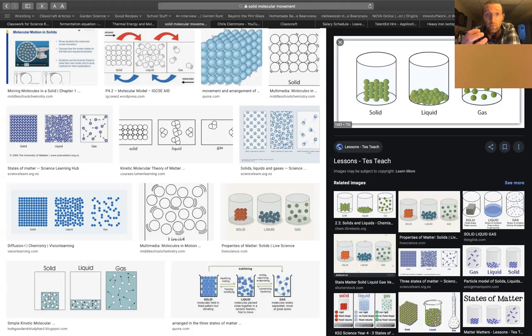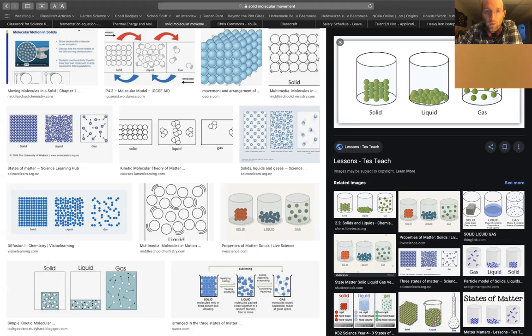They vibrate very quickly, but they also move very quickly in their environment. And if they're in a closed container, like a spray paint can, well, they're constantly bouncing off all the different sides, and they have so much energy that they're just bouncing off of each other as well. So maybe in a liquid, like I said, they kind of are attracted to each other. That's why water droplets will form, right? Because they're all kind of attracted to each other, but they're still sliding by. With gases, they have so much energy that it's not even a thought to be able to grab onto each other and try and bond. They just hit and bounce.